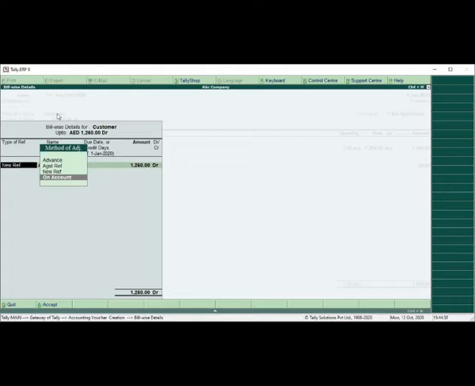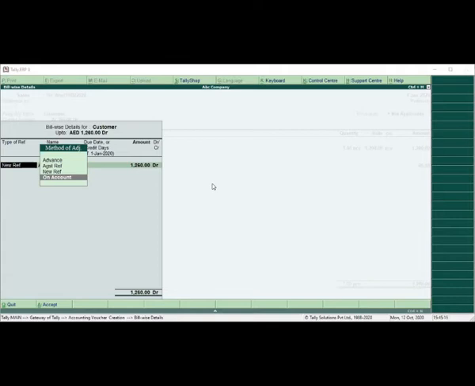So in this case you will not deny, saying I will not pay. You will give some lump sum amount, it can be 10,000, but you don't want to adjust it with the invoice because you need to cross check. So you will say okay, take this lump sum amount which is 10,000, I'll let you know against which invoice you need to adjust. So that thing you need to do. So in this case, whenever you are making the payment to the supplier, select on account. If you are not sure against which invoice you want to adjust this particular amount, in this case you need to select on account.